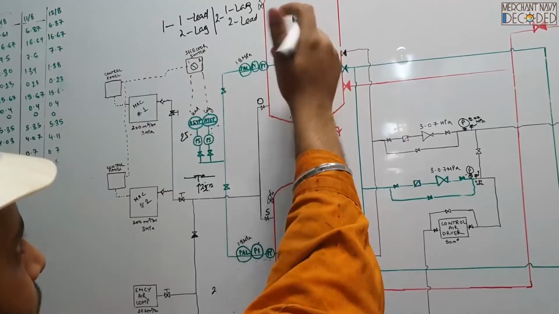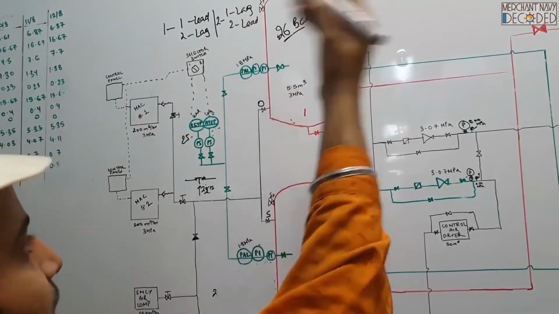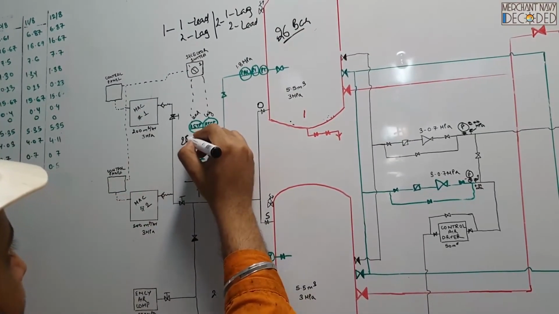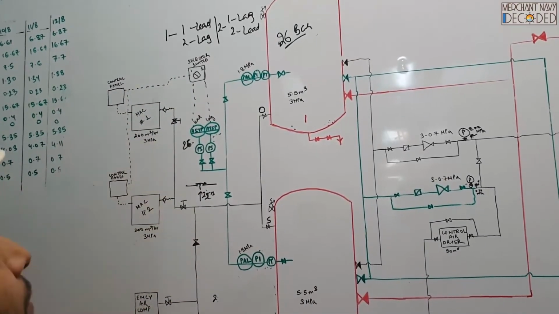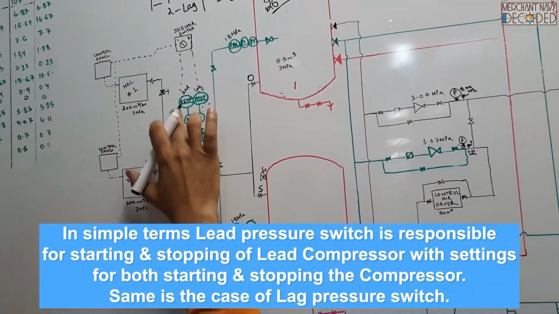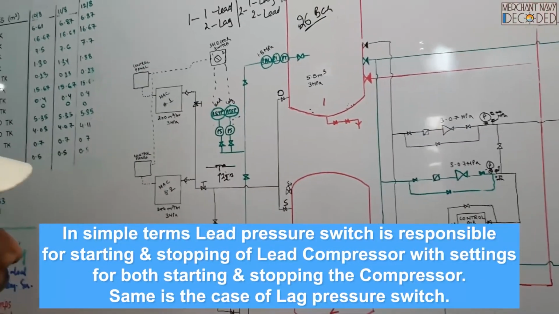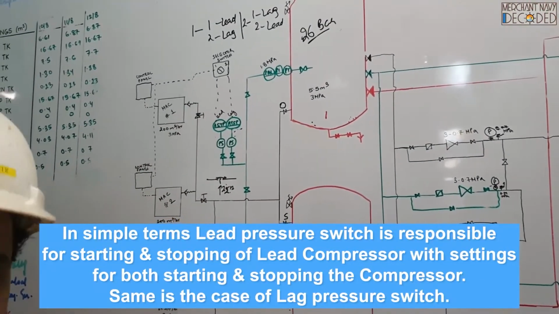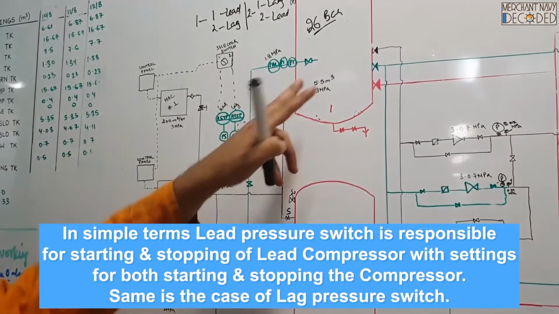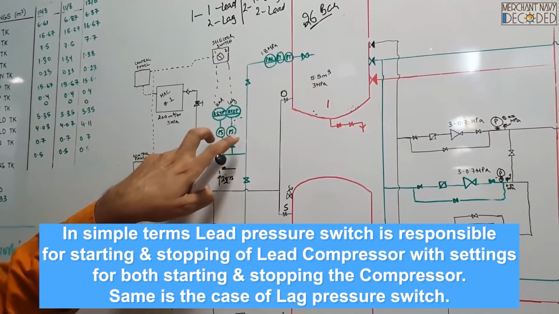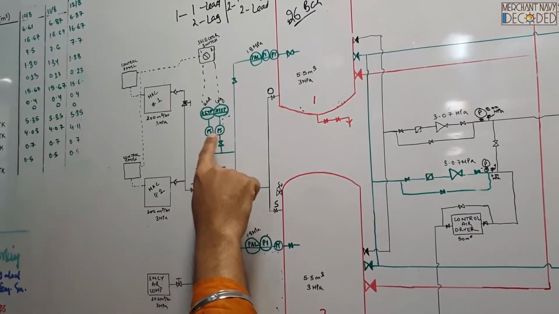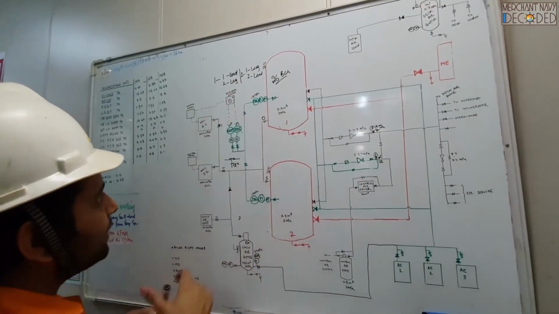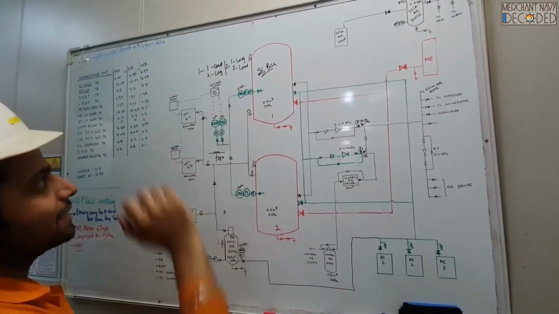So now my air bottle after some time reaches 26 bar. When it reaches 26 bar, this pressure switch will give a signal, hey, 26 bar has come, now you stop number 1 compressor over here. So basically, cutting in of the compressor, starting and stopping of the compressor is dependent upon the air bottle pressure, which is set by these pressure switches over here, which are like an on-off switch, and they need to work very properly.